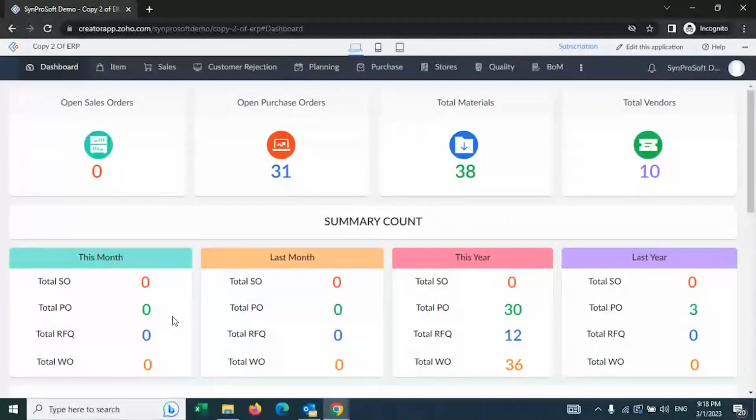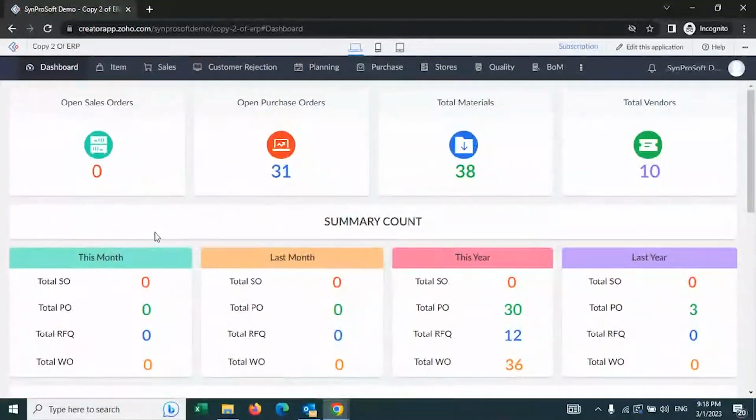So what you see here is the sample dashboard, which is again only a sample dashboard. Now every customer will have a specific requirement in terms of what he wants to see. Therefore, we have the ability to customize this as per what the customer wants. When I say customer, the manufacturer.